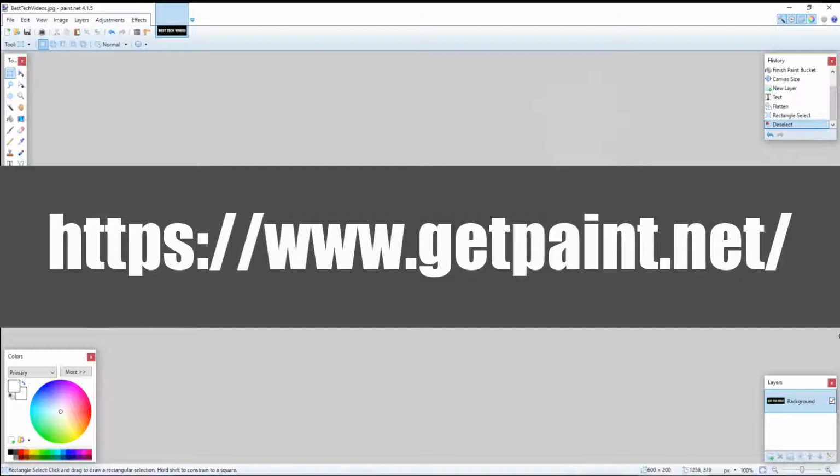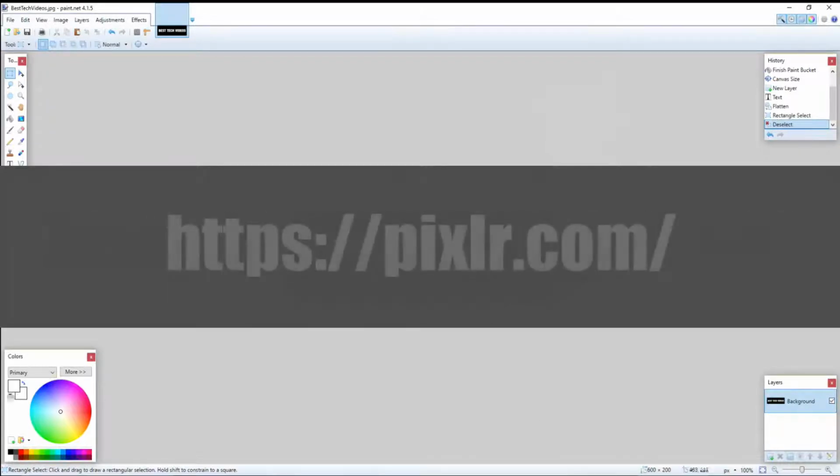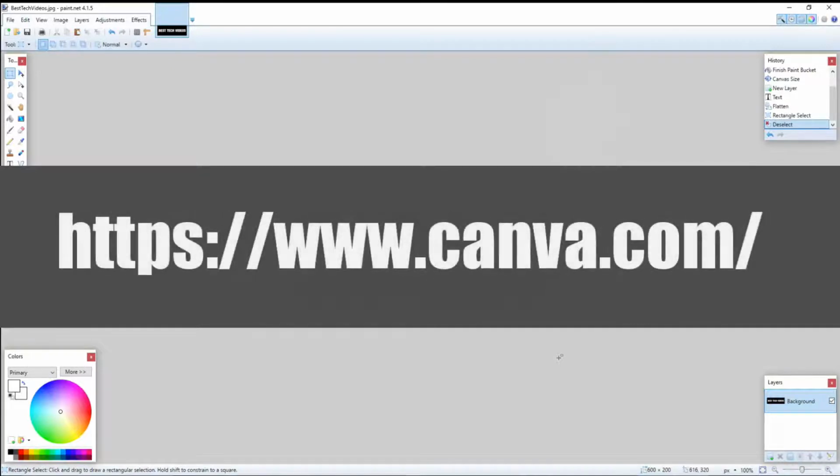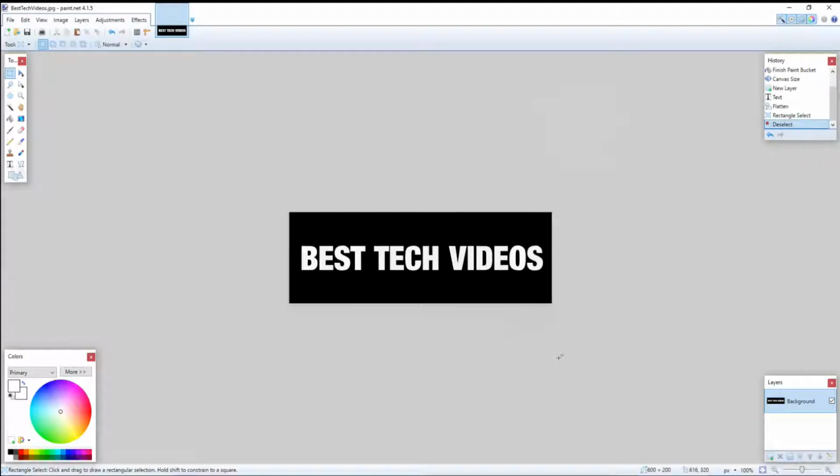It's absolutely free, or you can use a free online software called Canva, canva.com, and you can make your own watermark through there and logos and everything like that, and thumbnails through Canva. Once you have your watermark, all you have to do is save it onto your computer, and